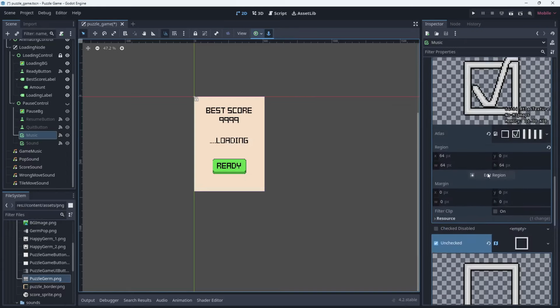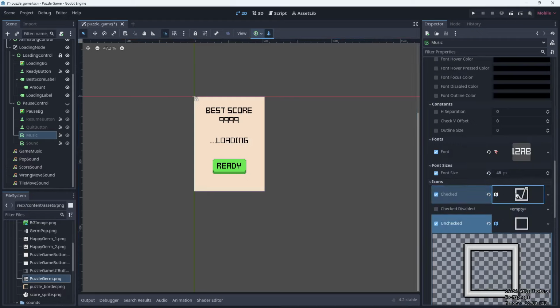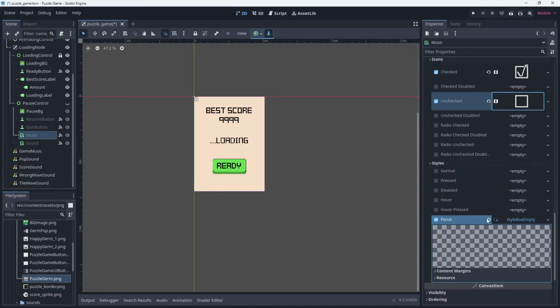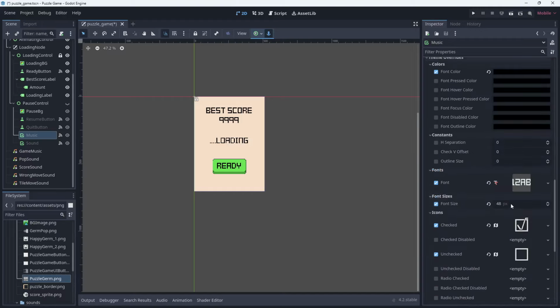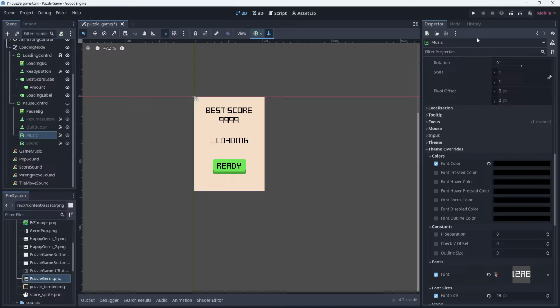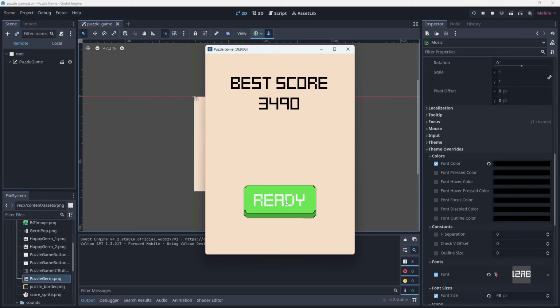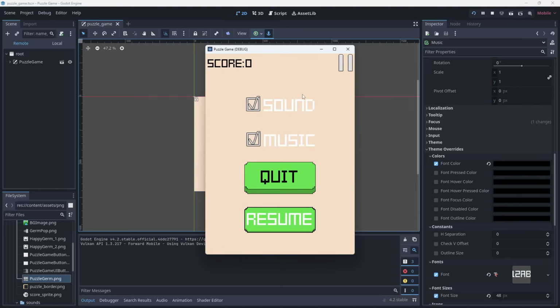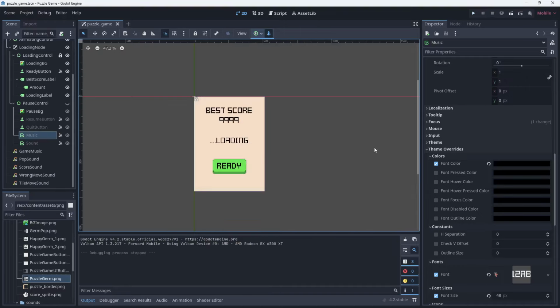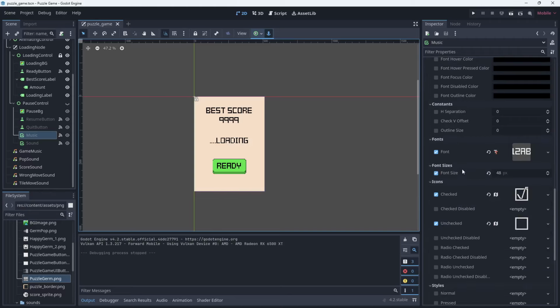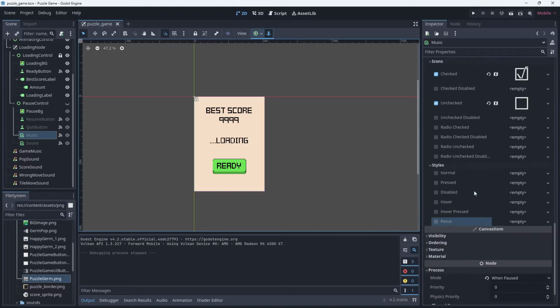That was the other thing I did want to show you too. So I will take that off of there, and then when we play the game, let's focus on the difference between music and sound. So let's go to our pause menu. If we uncheck sound and we do the same to music, well, what this actually does is